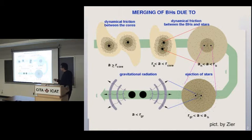First there is friction during the core of the galaxy, then dynamical friction within the stars, and then eventually you get to the stage where emission of gravitational radiation is the main driving mechanism. And of course, this is an important source for LIGO and LISA. LISA should see mergers of supermassive black holes to cosmological distances,